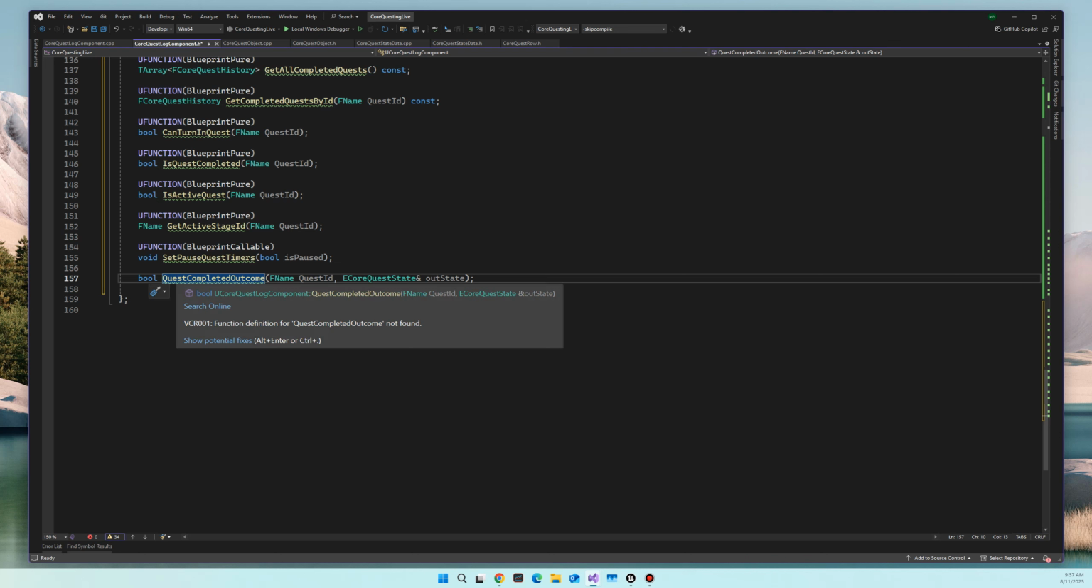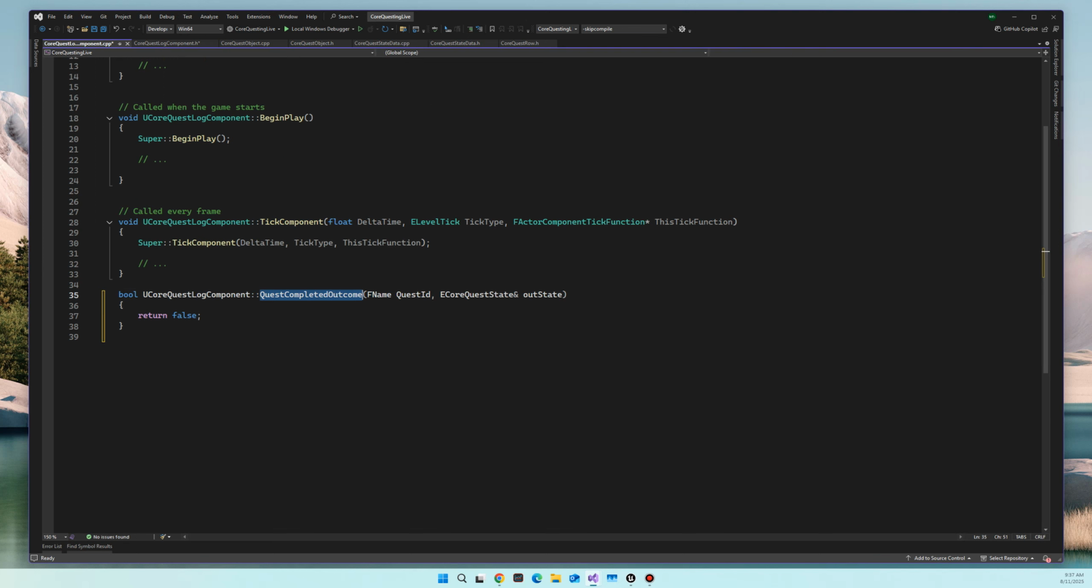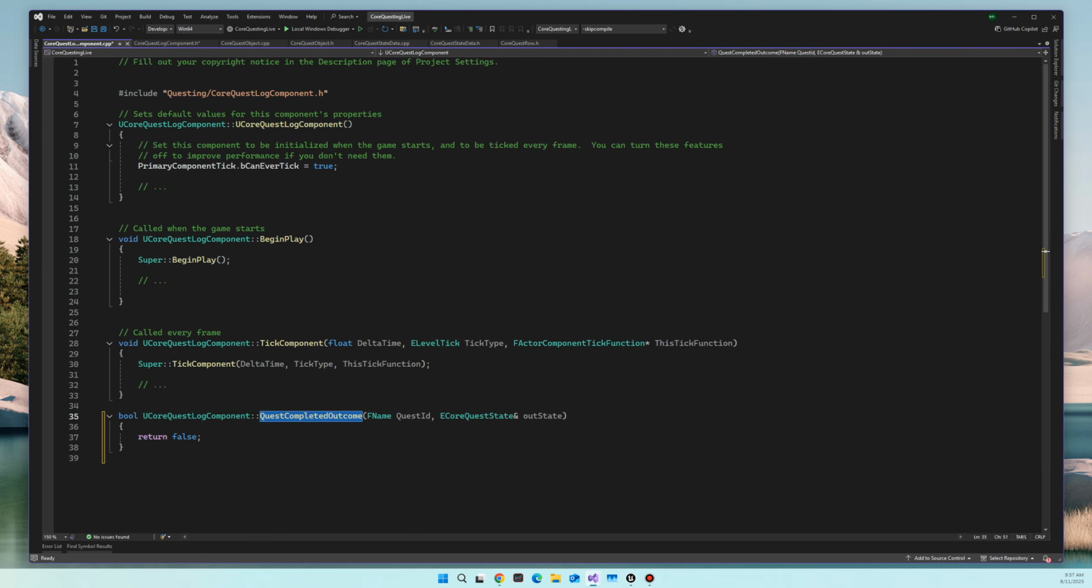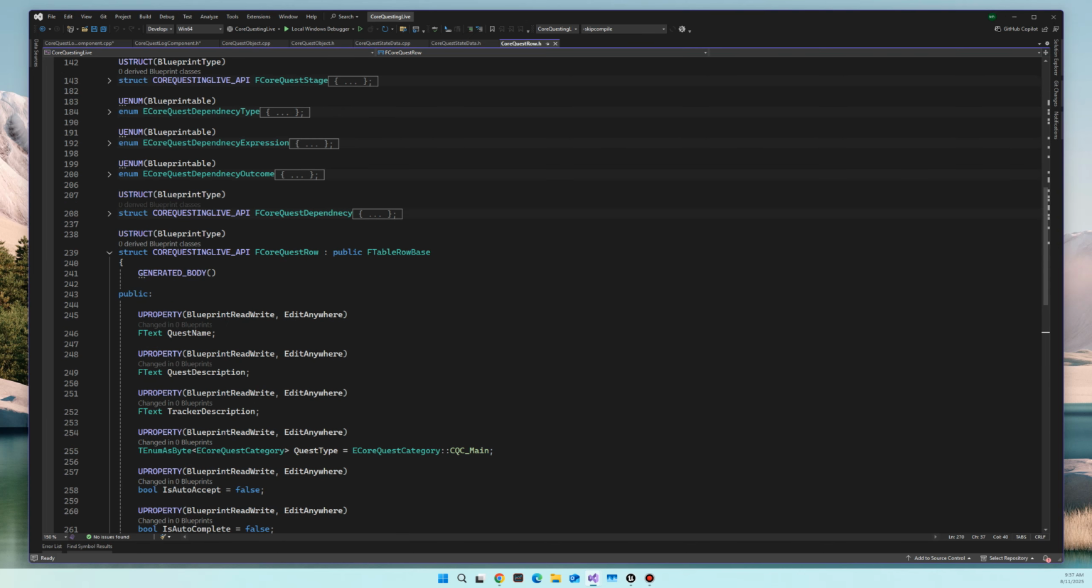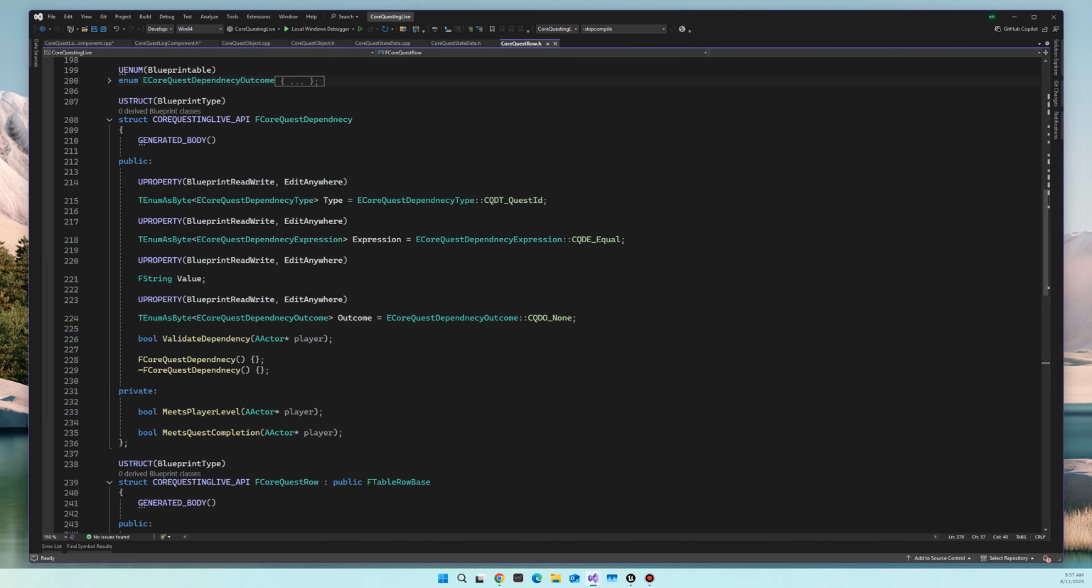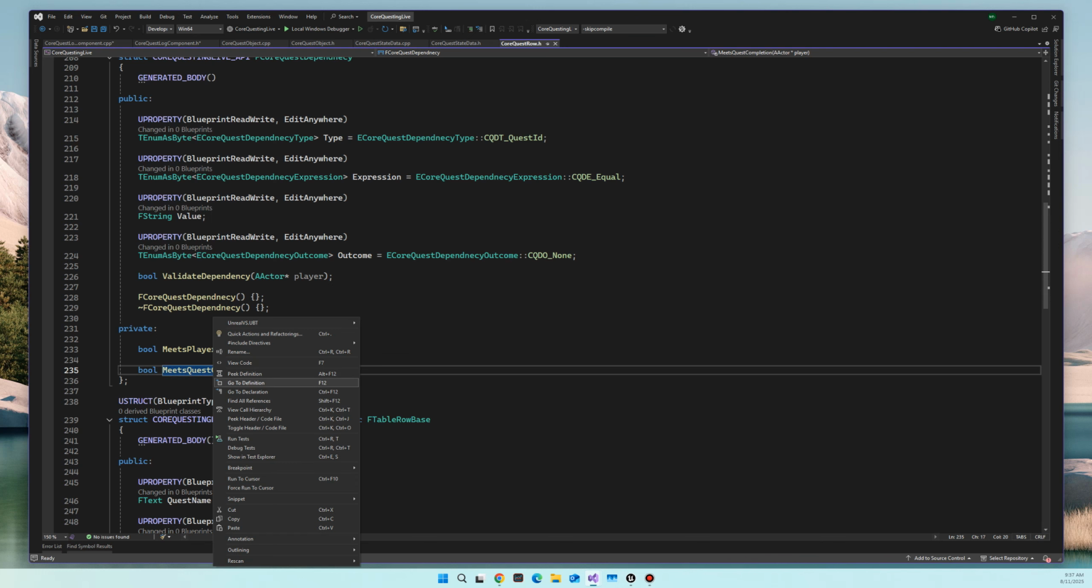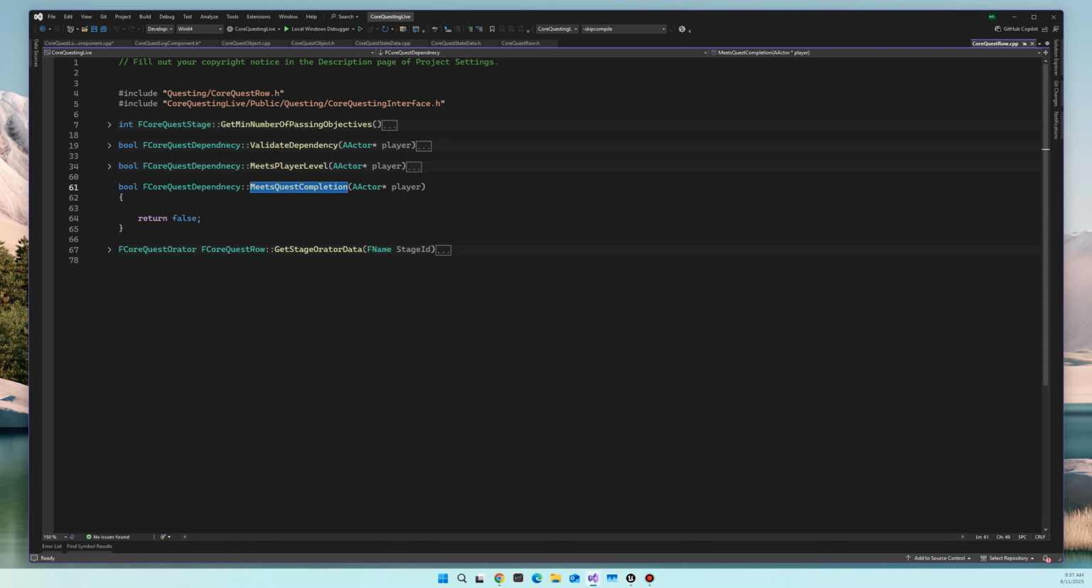And then finally, we have the quest completed outcome. So this is the function that we need to finish off for our quest giver back when we did the quest row. So when we came here, we did our quest row, we have our completed dependencies, but we weren't able to finish this off. So let's go ahead and do that. So again, this is meets quest completion. And so for that one to be finished,